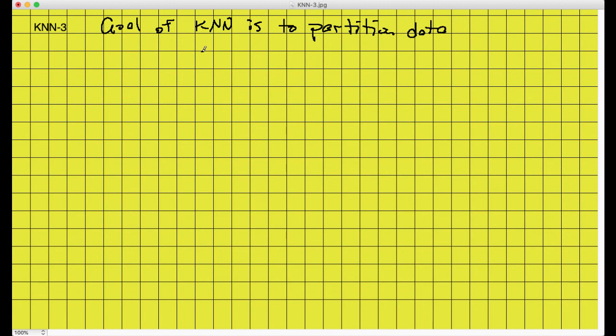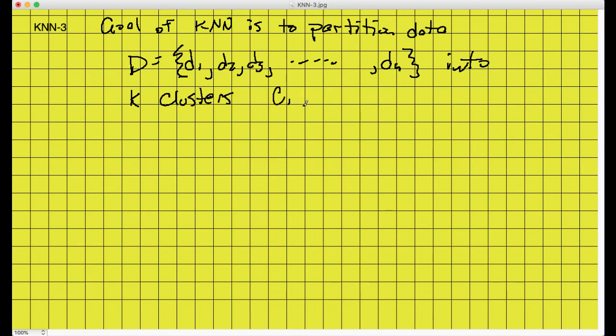I'm going to say partition data D, which is equal to D1, D2, D3, all the way up to Dn, into K clusters that I'm going to call C1, C2, C3, all the way up to CK. Everybody okay with the notation so far? Such that